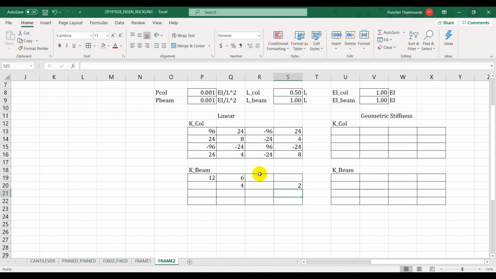Okay, and then we just copy equals to 6, equals to minus 12, equals to 6, equals to 6, equals to minus 6, equals to 12, equals to 2, equals to 4. Okay,